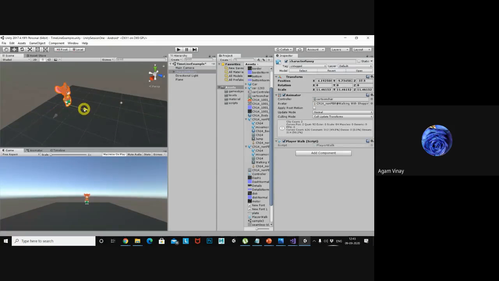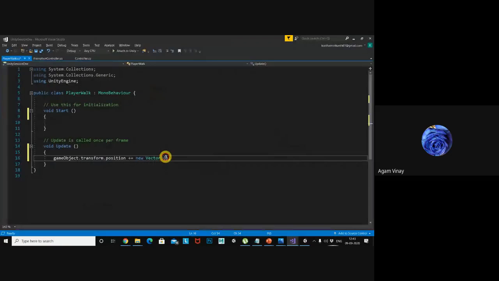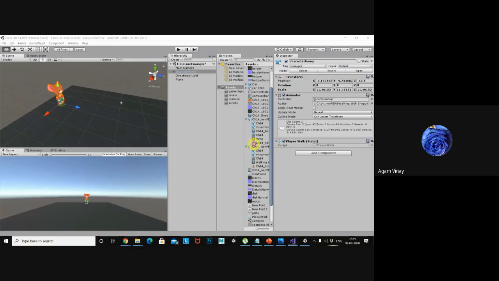The Z direction, right? So in the Z direction, I want to increase the value. Okay. So make X 0, no change, Y no change, Z I want to move 0.1 speed or 0.1 value to be increased every time. I just hit save and release.